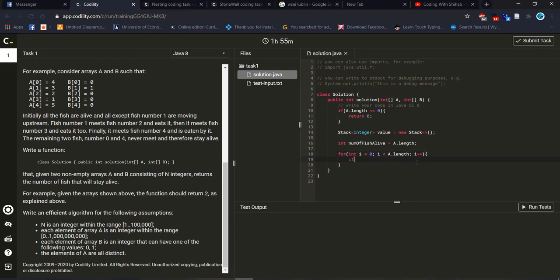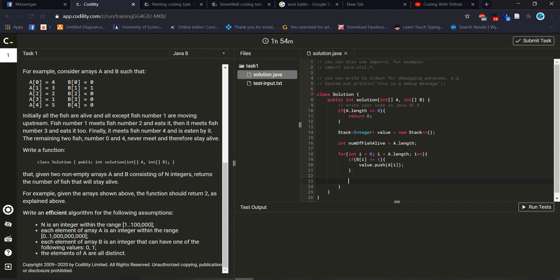At first I have to check if B[i] equals 1 or not. If yes, then value dot push A[i], like this way.